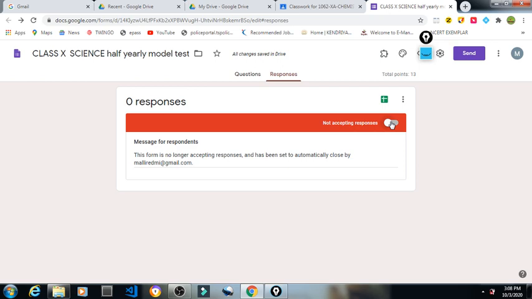If we keep this form open always, they will check the textbook, they will ask their friends, and they will keep writing. So if you give it within that particular time only, it can be properly assessed. And don't give questions directly from the textbooks; give some logical questions, so they cannot get the answers directly from textbooks. That's how we can do the proper assessment of the students. This is how that can be done.